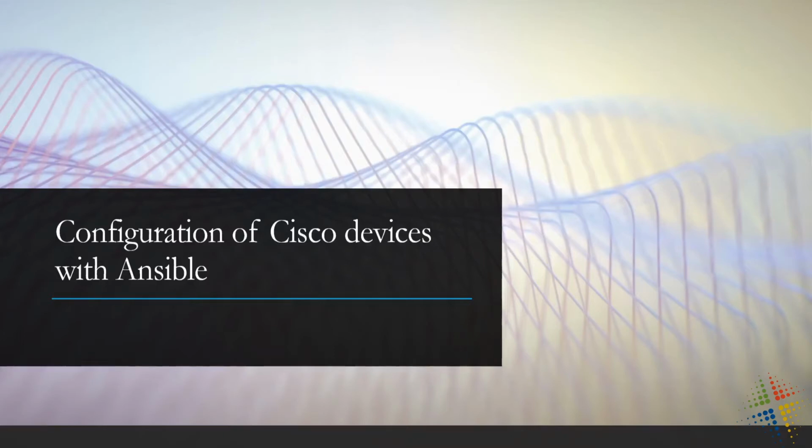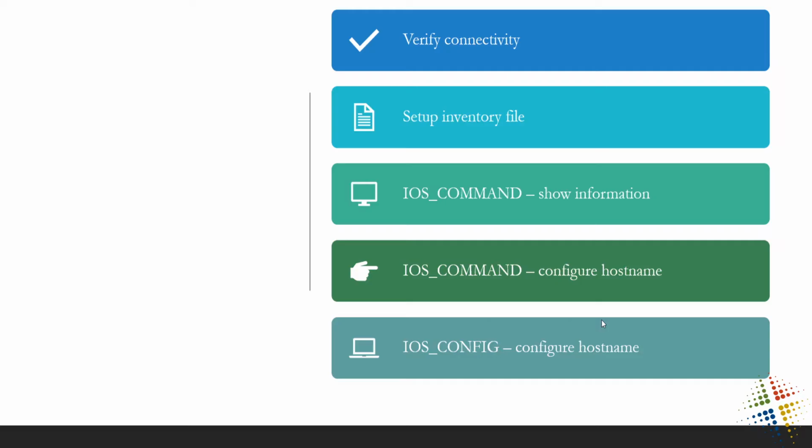In this video, we're going to talk about how to configure Cisco devices using Ansible. Now, we're not going to go too far into the configuration. Basically, we're just going to go through the first couple of steps that are necessary in order to get it up and running. So what we're going to do is we have an environment and we want to first off